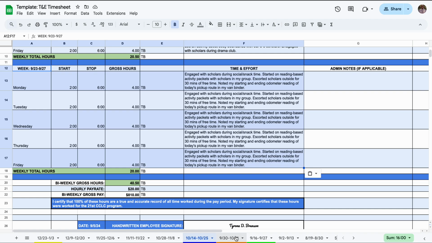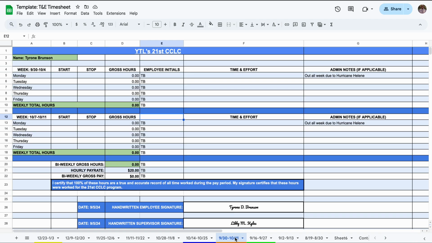So let's say there's a week you didn't work at all. Documentation is still required, even if you work 0 hours. Now, of course, the time and effort description isn't needed, but you make the sheet anyway, and then you just clear out the start and stop time. So for this example, I put out all week due to Hurricane Helene. And of course, you would just sign it,